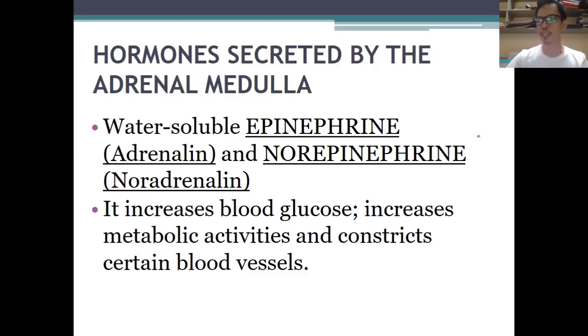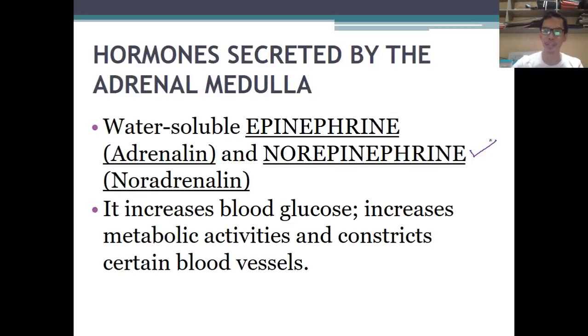So these are the hormones secreted by the adrenal medulla. So most of the time it secretes epinephrine, called adrenaline in other books, and norepinephrine or noradrenaline is the other one secreted by the adrenal medulla. Basically, they are water soluble, and if you happen to encounter, norepinephrine is also a neurotransmitter. So I will repeat that a neurotransmitter can be a hormone depending on which organ it is used in and for what purpose that particular chemical substance is used.